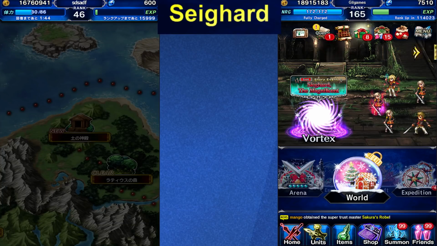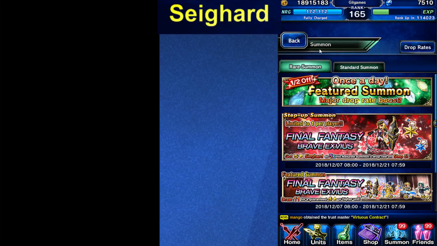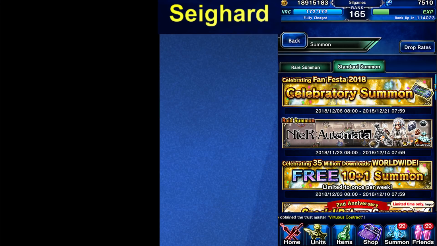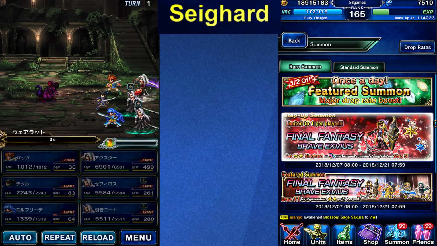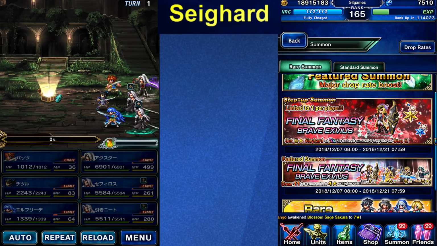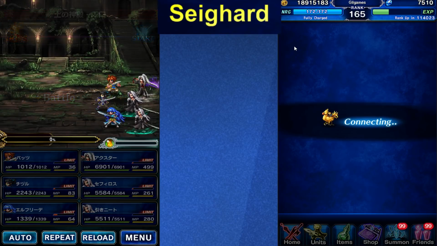It's Seighard, one of the best cover tanks in the game. Especially after she gets her enhancements, she's going to be really strong. But as for right now, I have 7-star Willy, so I'm not going to pull. But you might want to consider pulling for